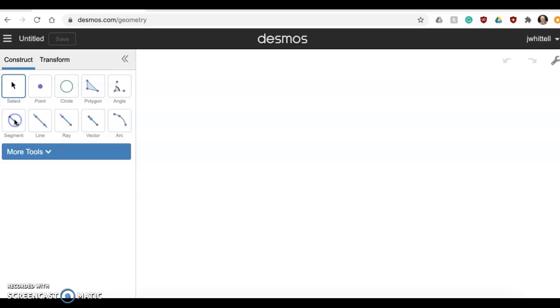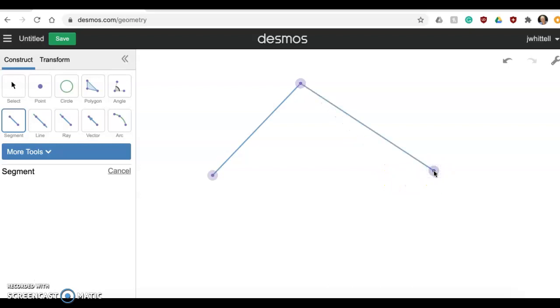So click on segment. Okay, and you'll see the gray dot. So you just want to click, drag, click, and then make another segment. So you can go click, drag, click, and then another click, drag, click. So there's your triangle. And if you want to name it, make sure you select up here, the top left,